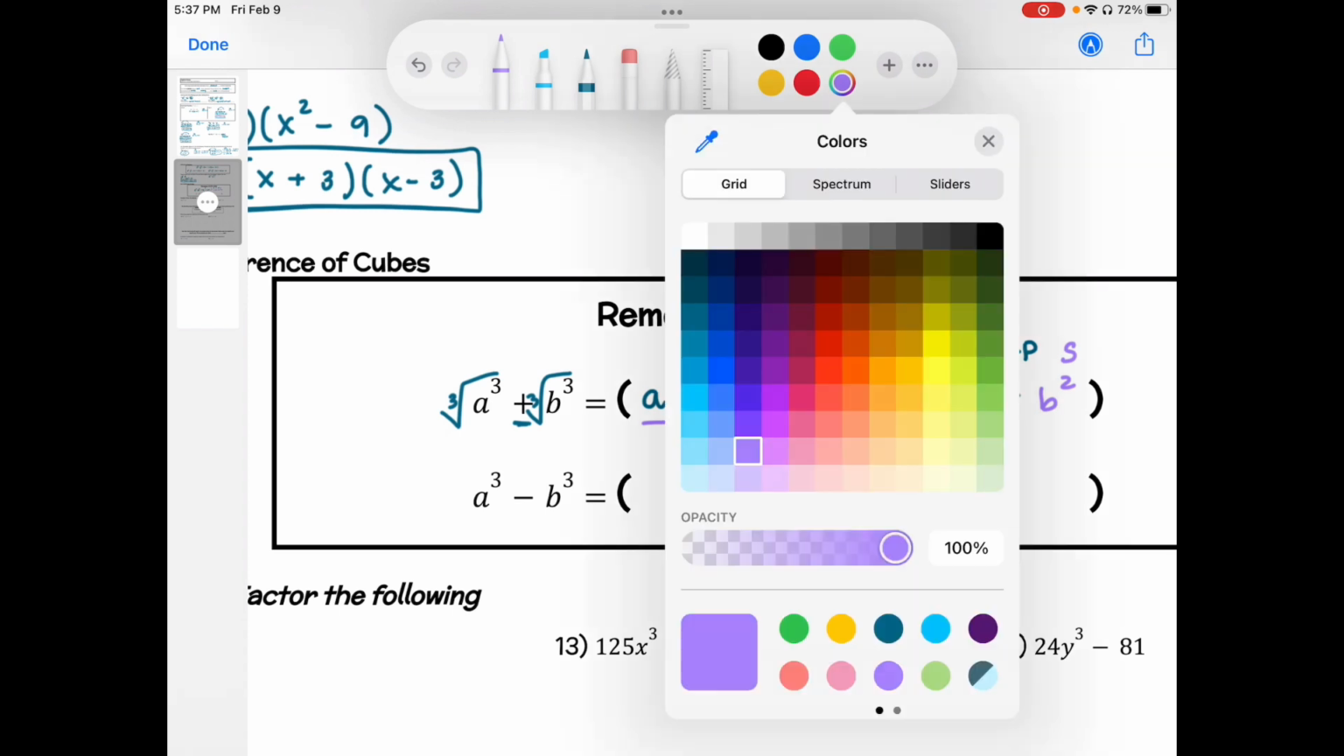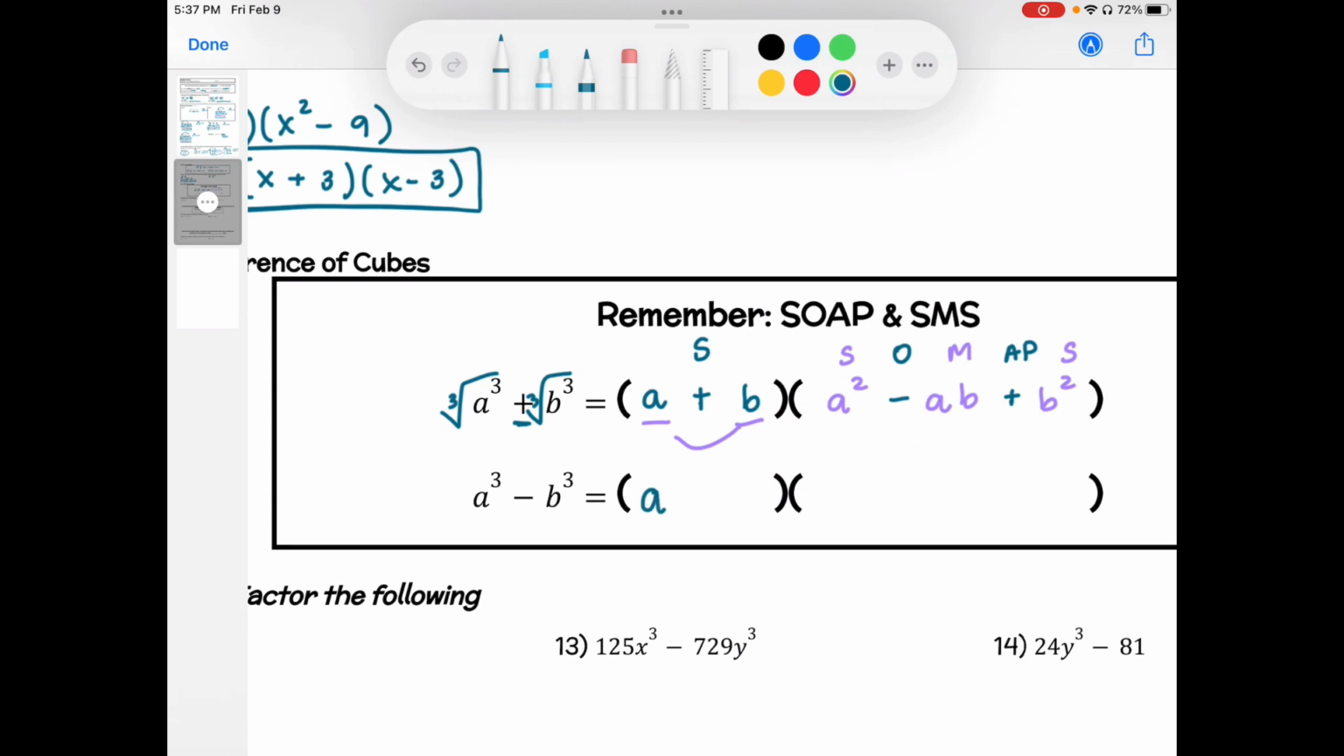Okay, so that's where we get our formula. That's where the SOAP SMS come in. So the same thing would happen here. So we'd have A, same sign, which is a negative, B. We'd have A squared plus AB plus